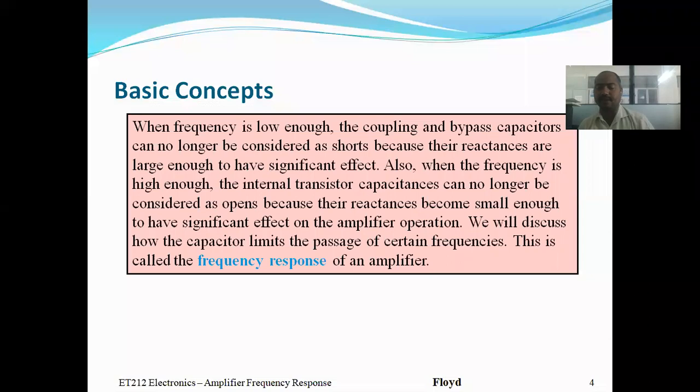So that's why, whatever capacitors take part in the working of the circuit, they consume some of the energy. So what happened? Due to that, there should be a gain reduction, right? So we will discuss